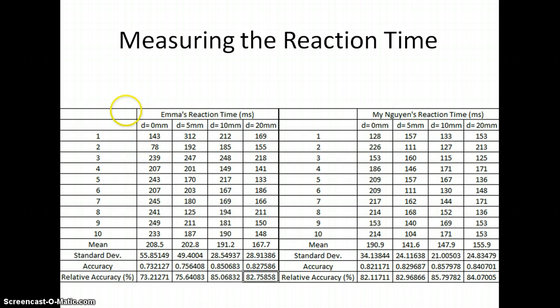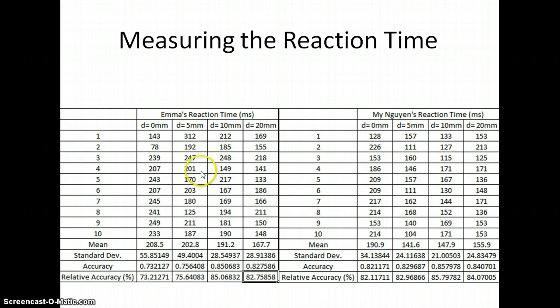So this is the data that I got from her from using the D equal 5 millimeter. The first time that I tried reading her reaction time, she actually reacted really slow. So this first try could be a mistake, but